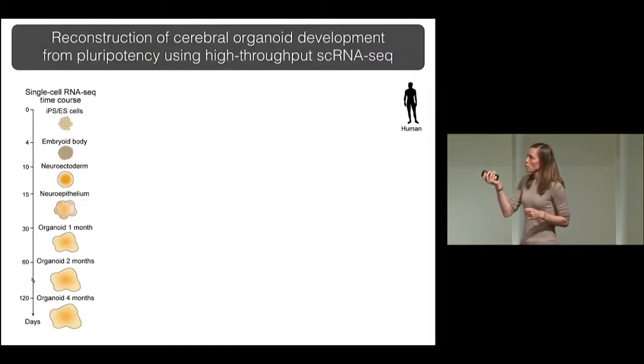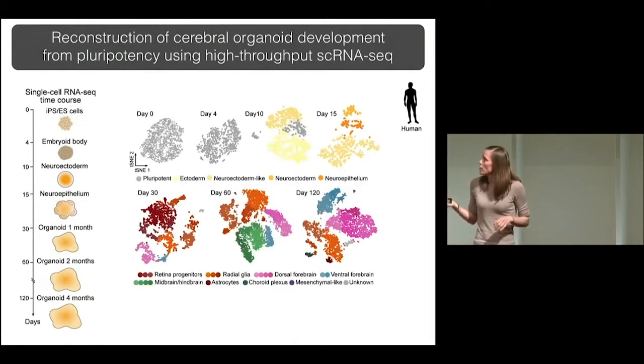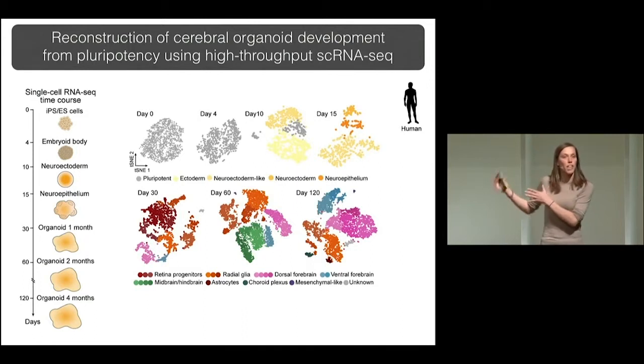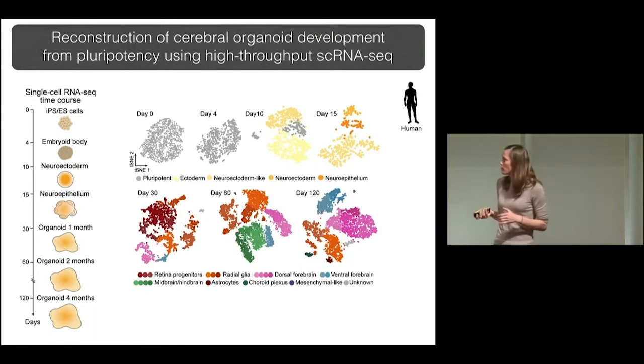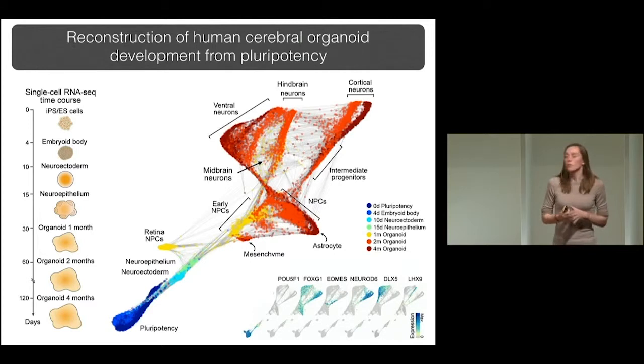And we started by really looking across the whole development from pluripotent cells to 4-month-old organoids. This just shows how, if presented by time point, the heterogeneity increases over time, starting from one cluster to various clusters at 4 months. And this is taking all the data together and building a KNN graph from the data,